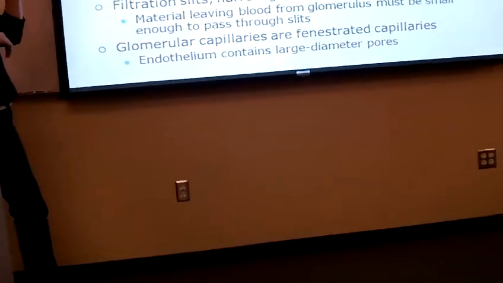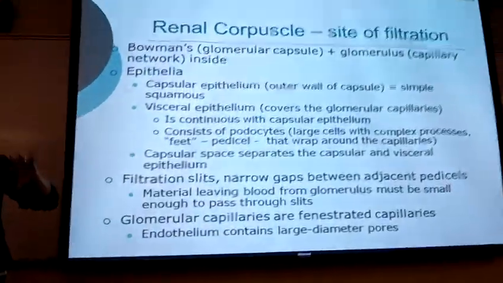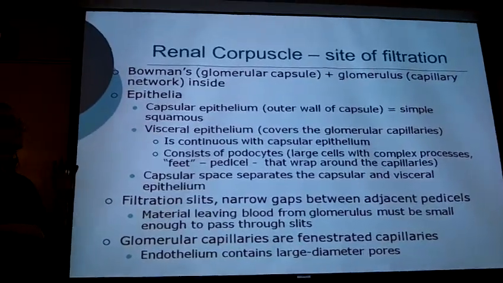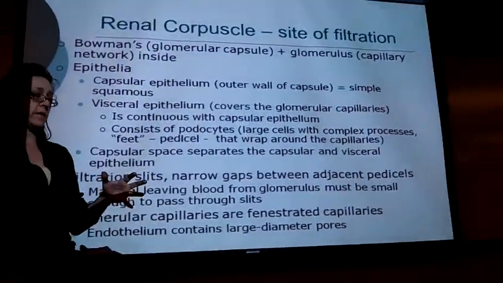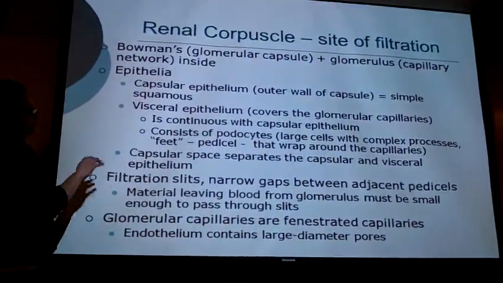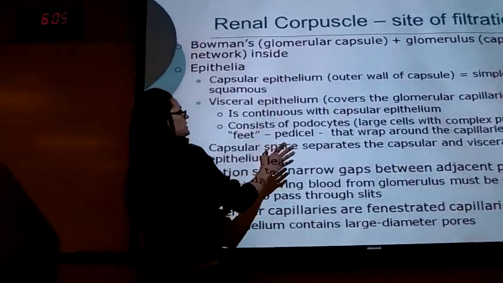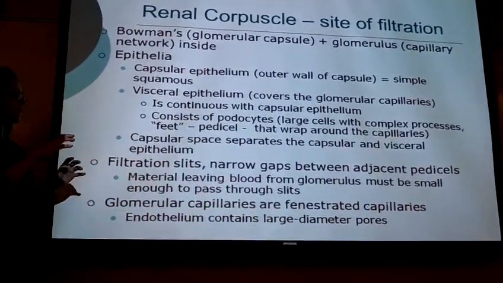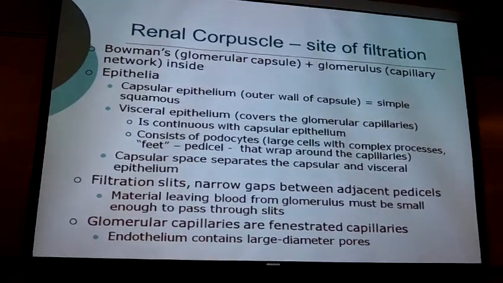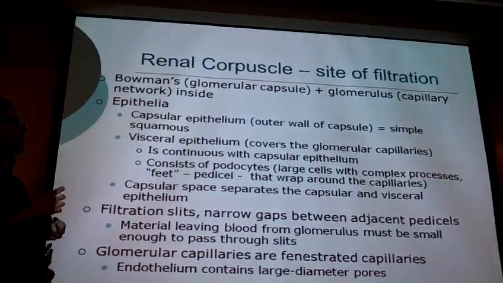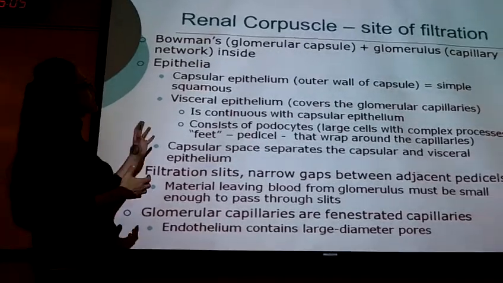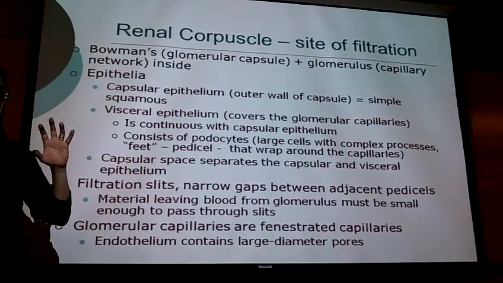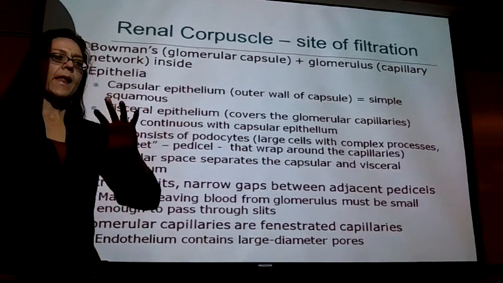And then the glomerulus is also simple squamous epithelia. Now, I'm not going to go into detail about all of these structures that are associated with the epithelia. What I basically want you to know is that we've got simple squamous epithelia both with the capsule and with